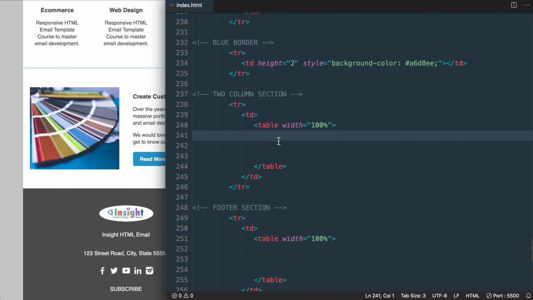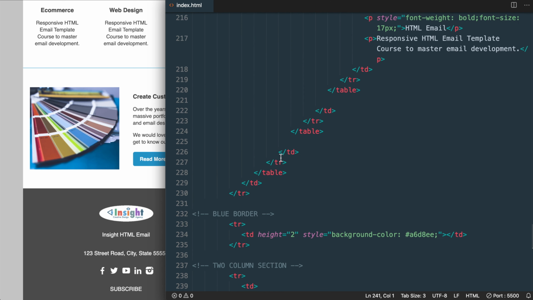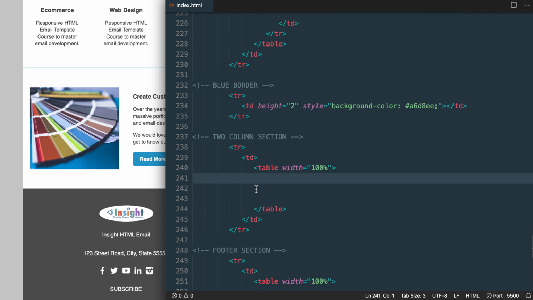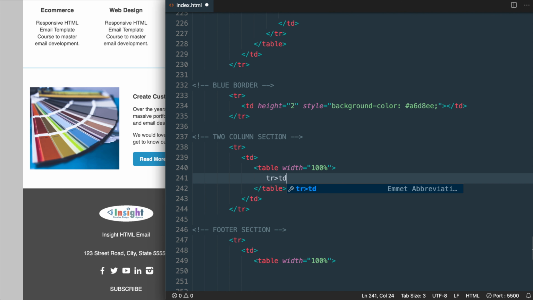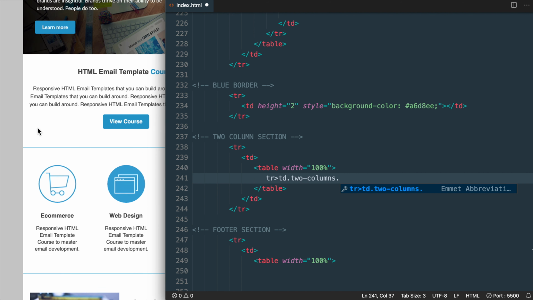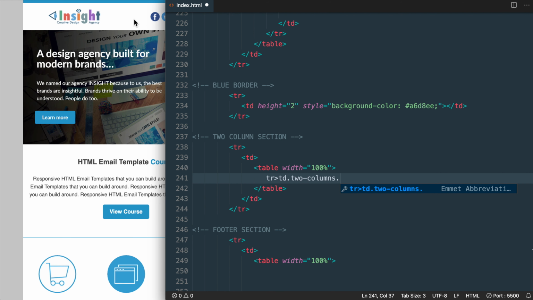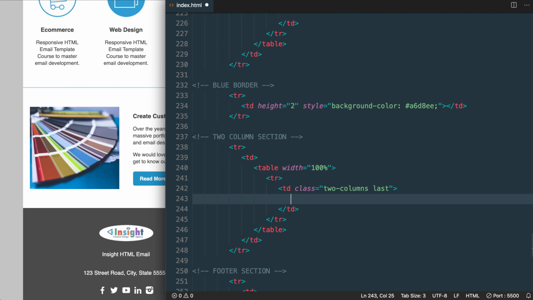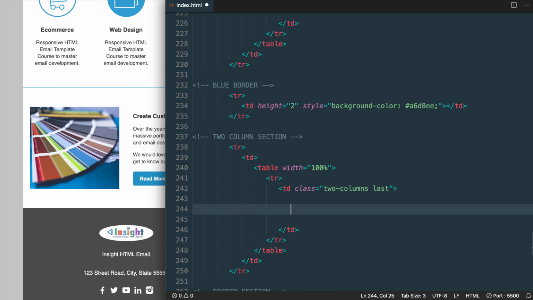So for this section, though we're adding 2 columns, the classes are going to look similar to the 3 column layout more so than the first 2 column section that we added. So let's add our first 2 columns class. And then I'm also going to add a class called last because we're going to add some different styling to this section than we did the first column. So we'll want to be able to identify it separate from that first one by adding an additional class to it. Then we can add our table class